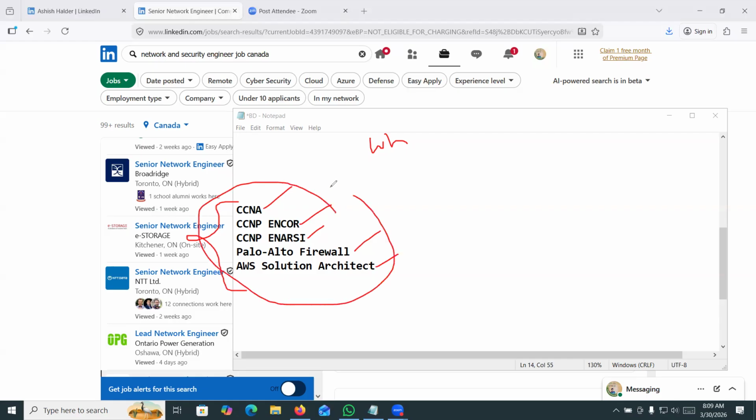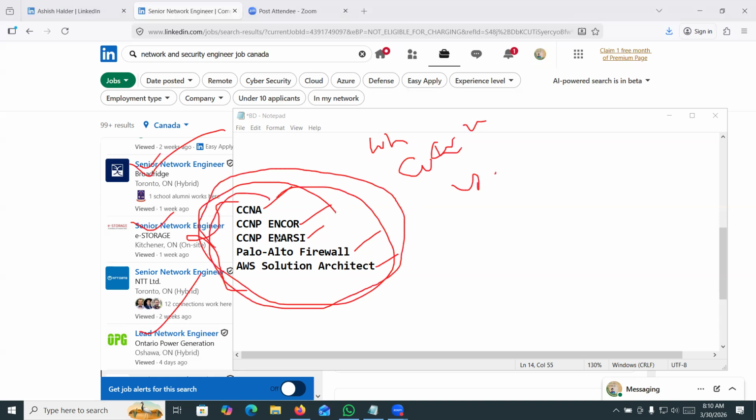Okay, if you learn all of these, you can apply for senior network engineer or lead network engineer. So you don't do courses randomly, right? You need to know which course will be valued in the job market. So you need to search different job sites to see what they actually want. You need to make a note. We have already made a note, and this is the summary.